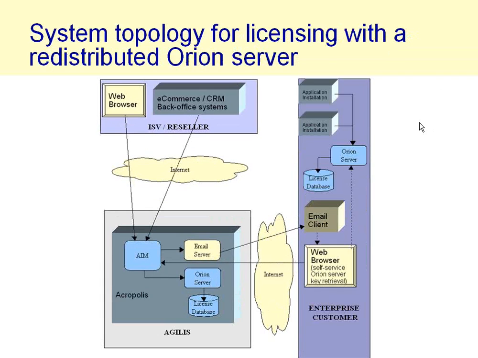In terms of if you have an Orion server redistributed, installed on your end customer's network, it's the same setup over here with yourself or your reseller and then the AIM system at Agilus. Then on your customer's premises, you'll have the Orion server. The way you enable licenses in Orion server, as I've said, is you send them a license key which is loaded into that Orion server, and that key encrypts for a given product how many licenses are to be enabled, what features, and so forth. So AIM is going to be sending the email to the customer. They're going to be picking up their key from their self-service web page and loading it into the Orion server, where it then manages licenses for the installed applications over their internal network.